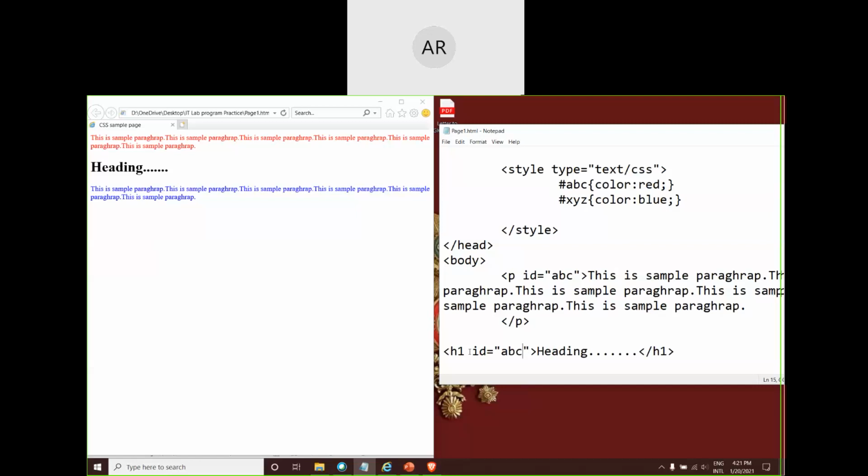ABC. Let's see what will happen. Can you just check that both came in red color, because ABC color we have applied as red here, right? But this is absolutely nonsense, and it's a big mistake which every developer does. They should not have identifiers with the same name for different tags. Even for multiple tags of the same category, there should not be any identifier of the same name for any other